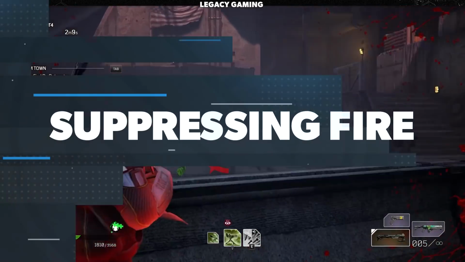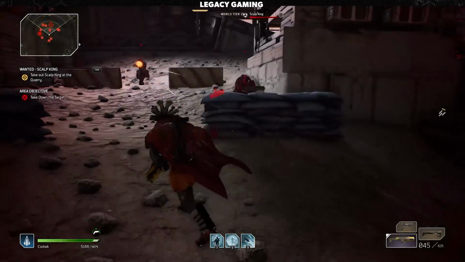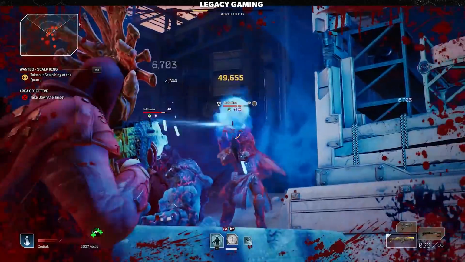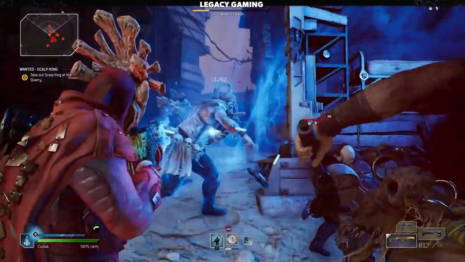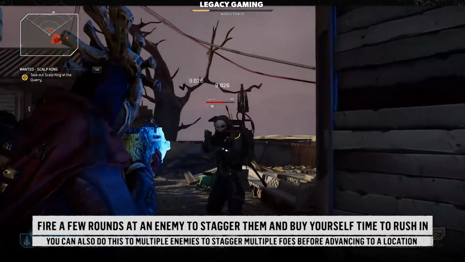second and regroup. One of the hardest things to do in Outriders is rush a strongpoint, or a place filled with enemies hiding behind cover, but I found that there is actually a really decent way to bridge that gap when necessary. Since moving from cover to cover isn't always a great strategy, you can actually fire at enemies and